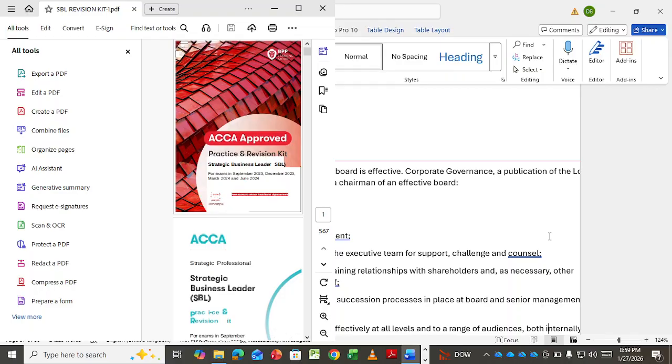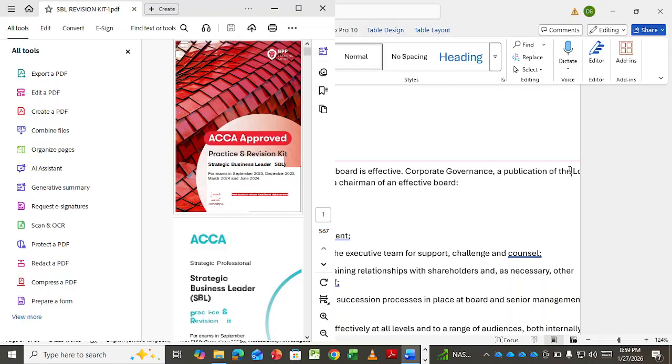Corporate governance, a publication of the... I think these notes were cut. I will check and update you. A publication of the, I don't know, is it the local stock exchange, listing the following attributes for a chairman of an effective board. The chairman should: 1. Run the board as an effective team, oversee the process of strategy development, be accessible to the chief executive and the executive team for support, challenge, and counsel, complement the chief executive in maintaining relationships with shareholders and, as necessary,